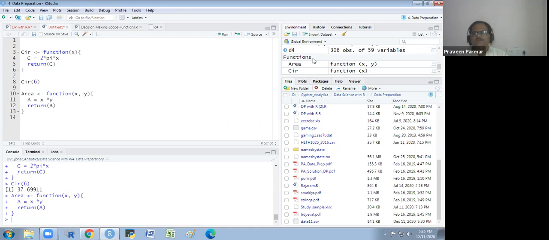So this is my another function, you see, area xy. And if I call this function and I write 5 and 7, you'll see I will get the 35. That is the area. So in this way, you could create a function like that. For many values, there is only one value we are taking now for x and one value for y. If you require many values, you have to use the for loop, while loop. This would be in R2 basically.